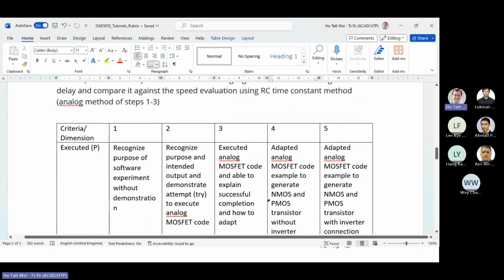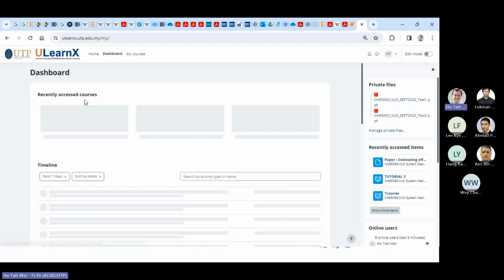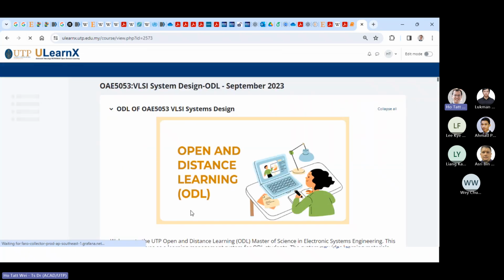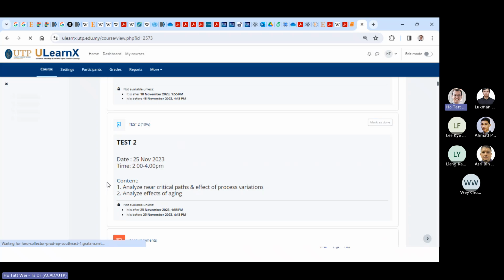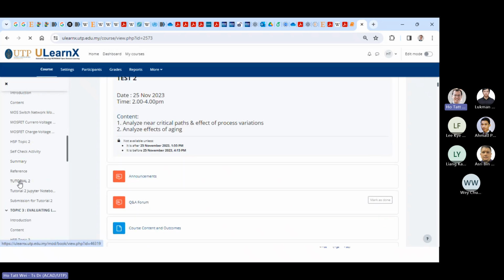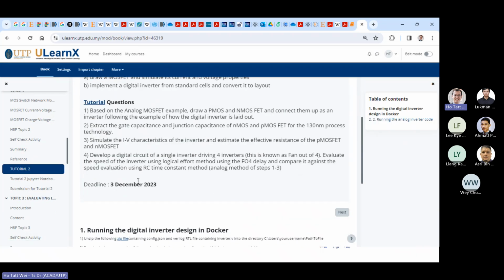Okay, here what was missing was that I did not give you the analog file. I had thought about it, but somehow when I was updating it, I didn't give you the analog file. So I've given you a link to the file now. I'm still pending a little more cleanup, but if you want to go ahead and get started on it, it's okay. But what I've done is I've extended the deadline up to 3rd December 2023. So the thinking is that this week, it's much better if you prepare for your test 1.